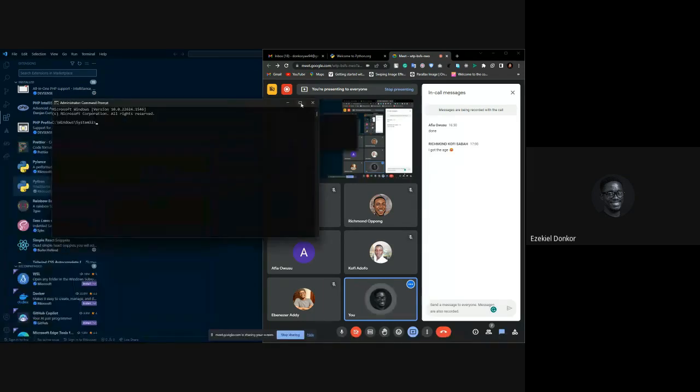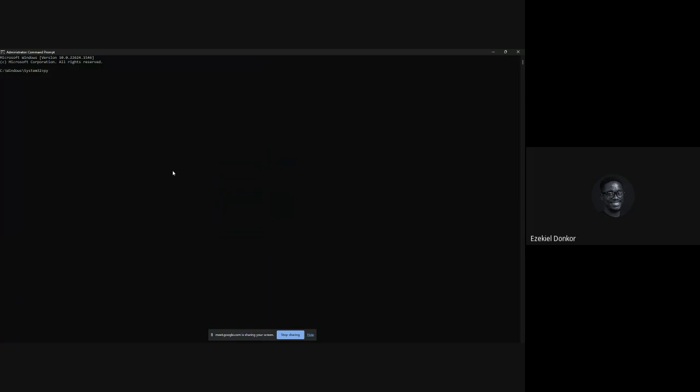Let me go full screen. And then I'm going to type Python. It's going to open the console. And I'm going to say name. This has been forgotten by my PC. My PC is going to behave like I have never told it to do this, because I gave a set of instructions and that was it. It followed the instruction, it executed it, and that was it. It cleared it from the memory.